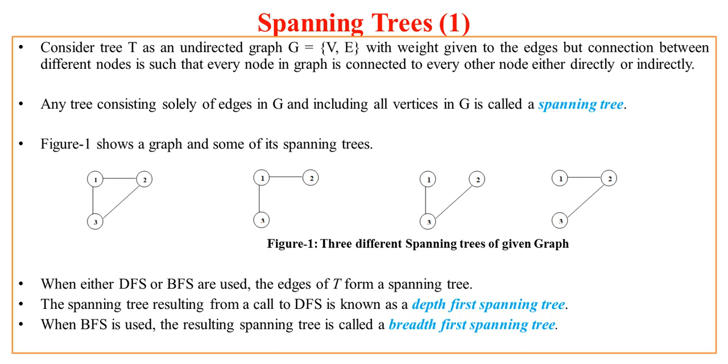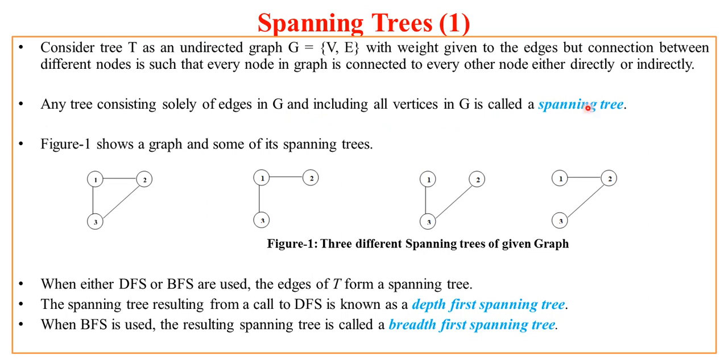Now consider a tree T as an undirected graph G of the set V and E, with weight given to each of the edges. The nodes are connected with the edges in such a way that there is a connection of every one node to every other node, either directly or indirectly. Now any tree consisting solely of the edges of G and including all the vertices in G is called a